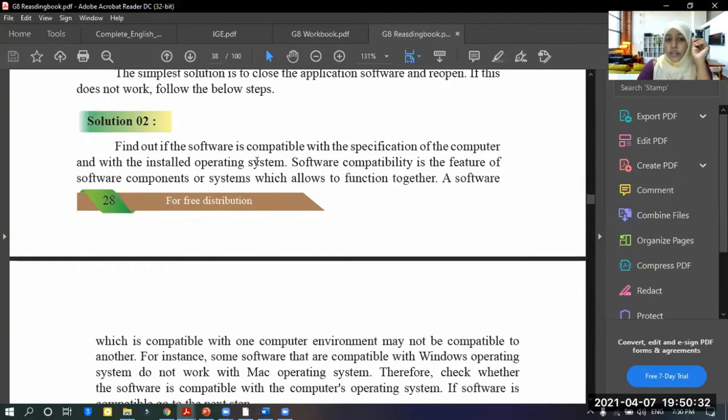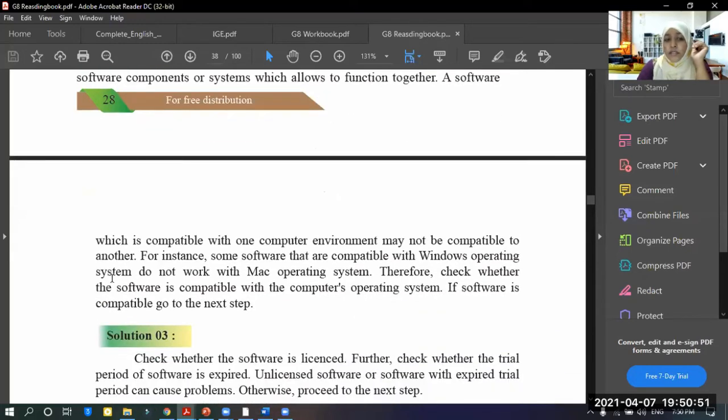Find out if the software is compatible with the specification of the computer and with the installed operating system. Software compatibility is the feature of software components or systems which allows them to function together. A software which is compatible with one computer environment may not be compatible with another.